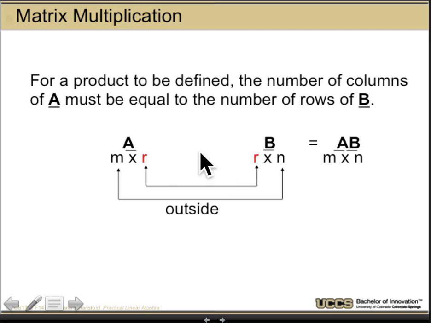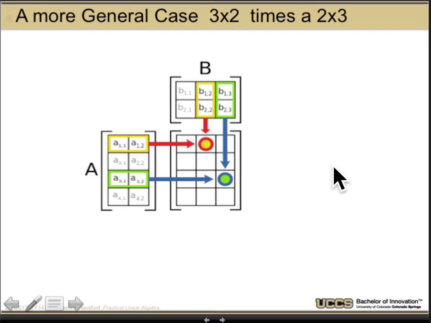Okay, so you got to match up the two insides, and then the outsides tell you what is the resulting size of the thing. Now, just as we did with a vector, I actually find for many of you, if you're not that comfortable with matrix multiplication in the beginning, you might find it easier to think about it in